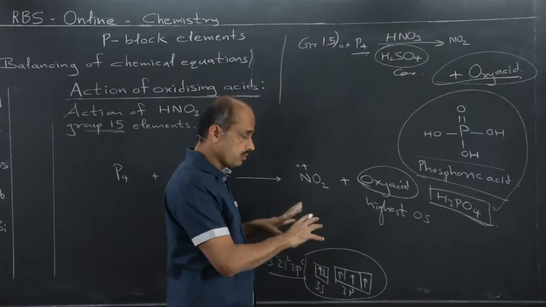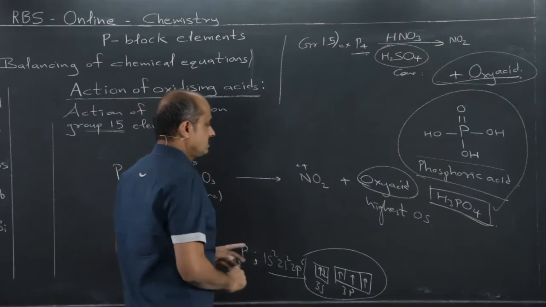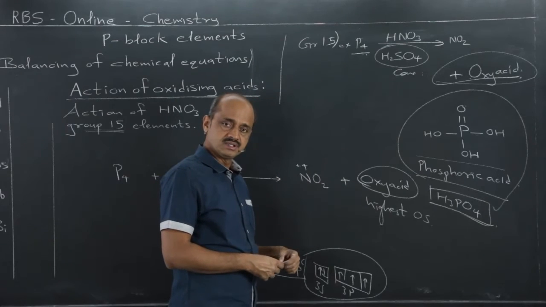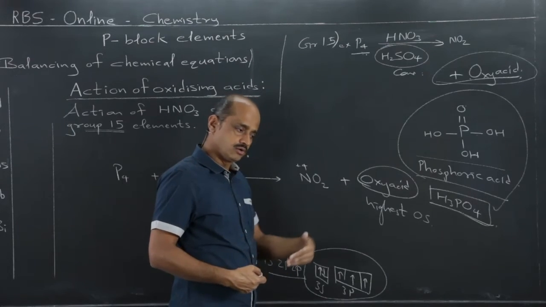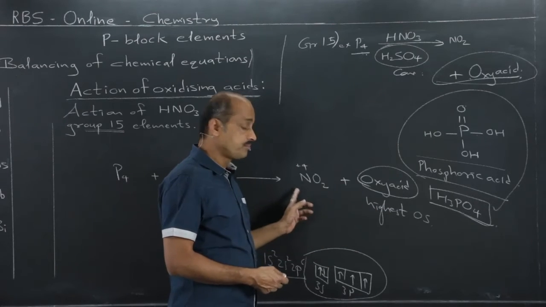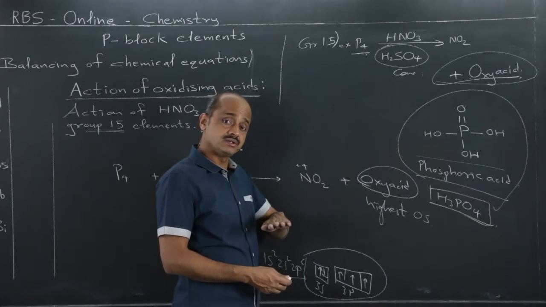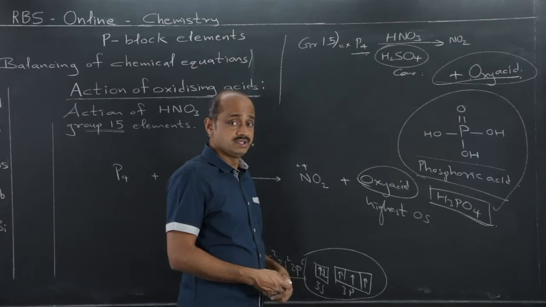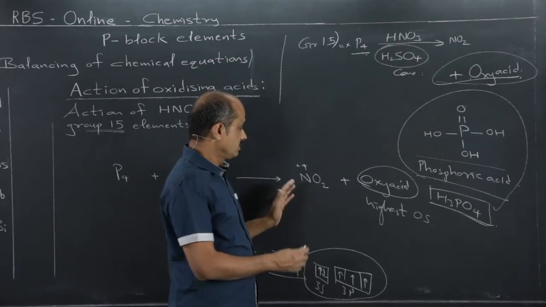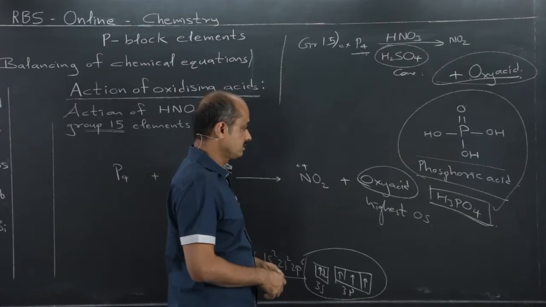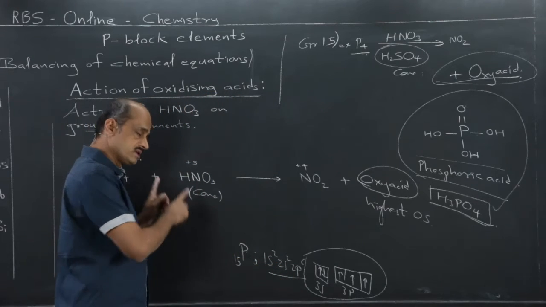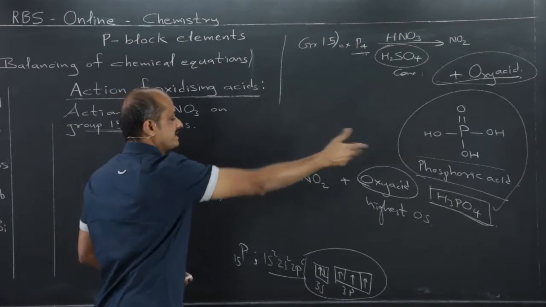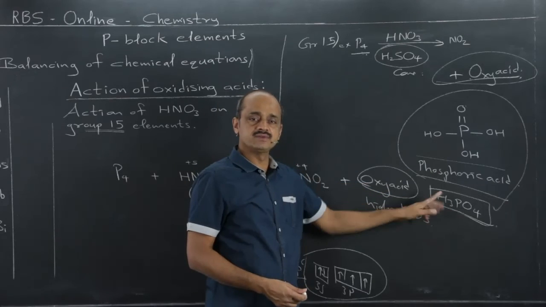Once we get hold of one particular reaction, then the reactions of this type, maybe it is of group 15 or group 16, group 17, the pattern remains the same. The chemistry, or the logic behind the chemistry, remains the same, and then the future things become easy, and therefore the pattern now is fixed. Phosphorus with nitric acid, the same will be applicable for other reactions. NO2 plus its oxyacid, means NO2 plus H3PO4, is fixed.